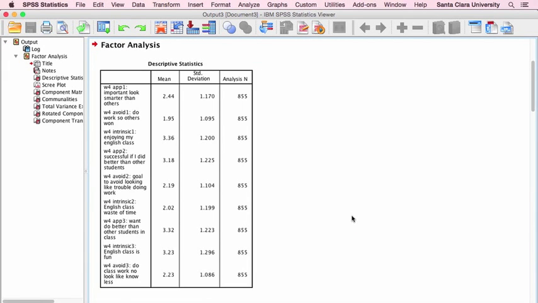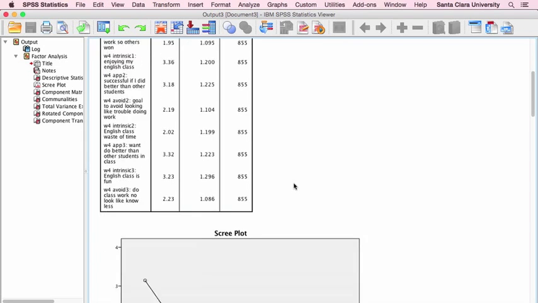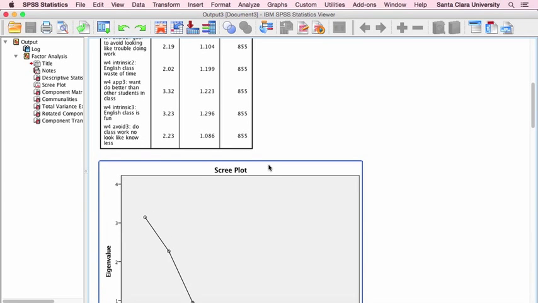And here's what we get. First, we get the descriptive statistics, and this shows the means for each of the variables in the analysis, the standard deviations, and the sample size. Sample size is 855, and that is for each of the items in my analysis because I selected listwise deletion of missing data. The scree plot